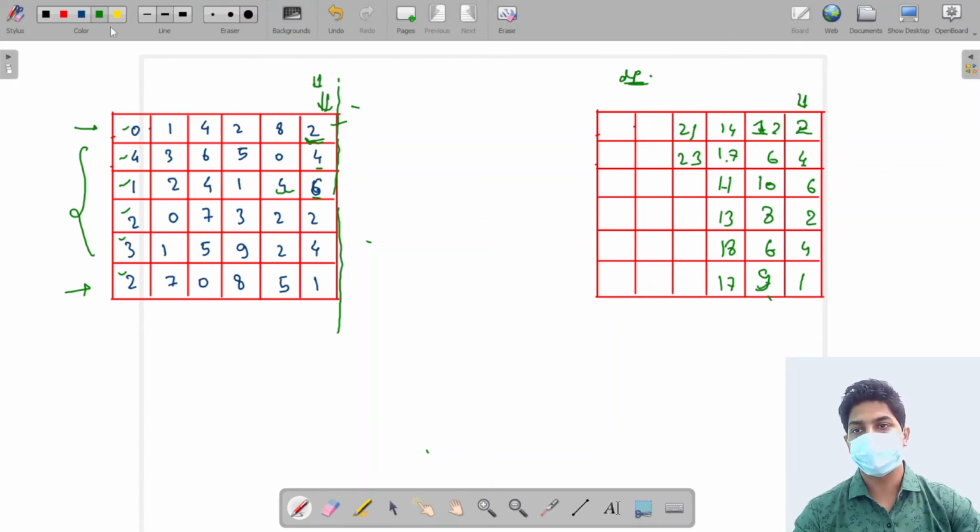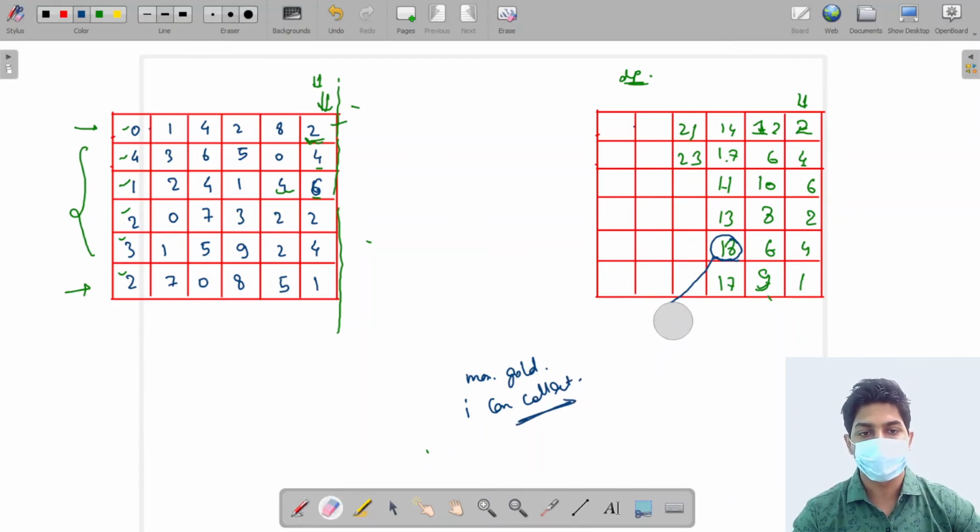After filling this dp table, what is stored at this particular location? If we look clearly, it is stored that if I start digging from this cell, what is the maximum gold that I can collect. Similarly, what is stored at this particular location? Same, maximum gold if I start from this location. Here, maximum gold if I start from this particular location, and the constraints are the same, that we can move only in 3 directions.